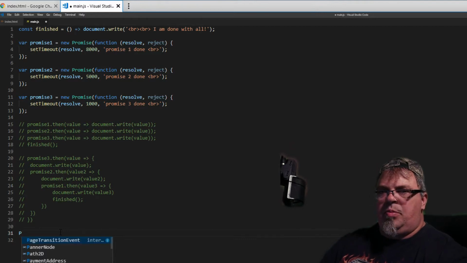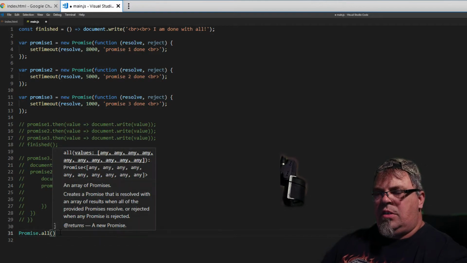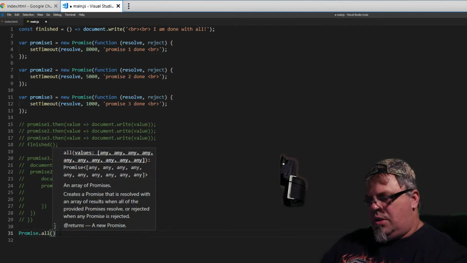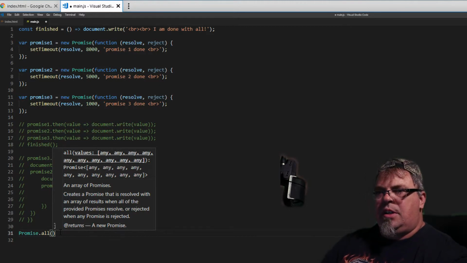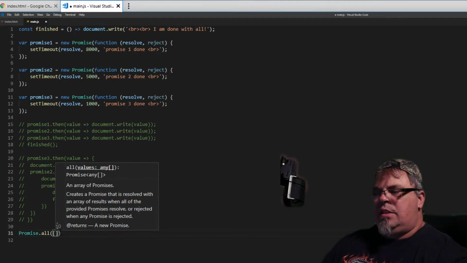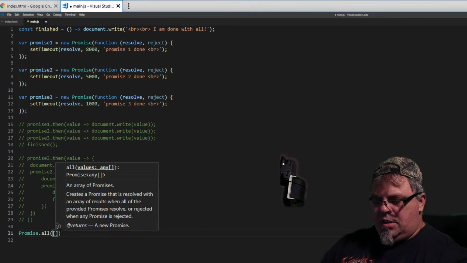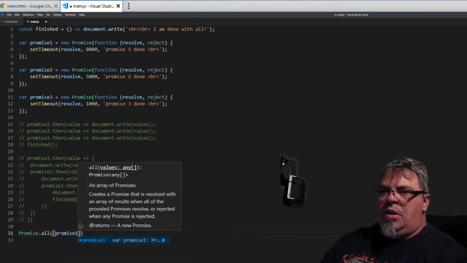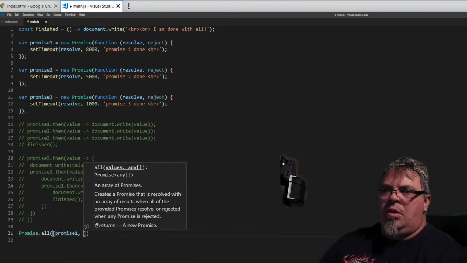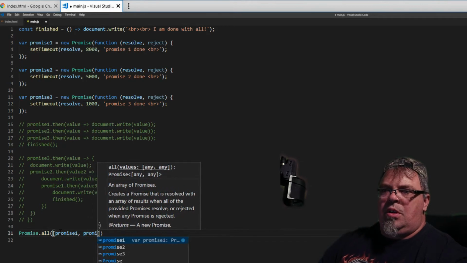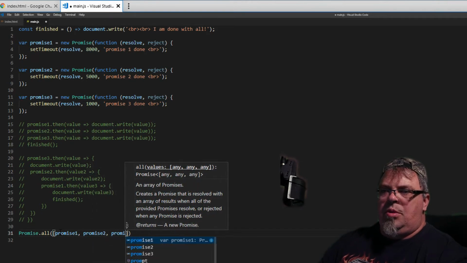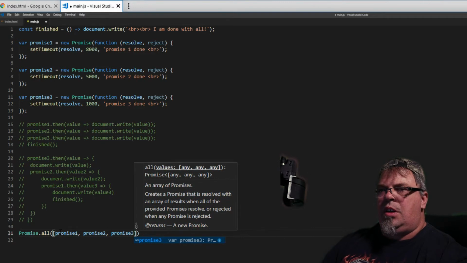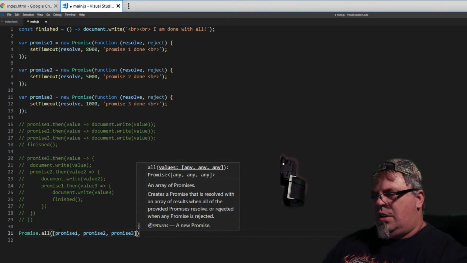So let's type in promise, capital P, .all. So I'm calling a function on the promise called all. I'm going to pass in an array, and of course I'm going to pass in the array of the other promises that I want to wait on. So promise 1, promise 2, promise 3, and then